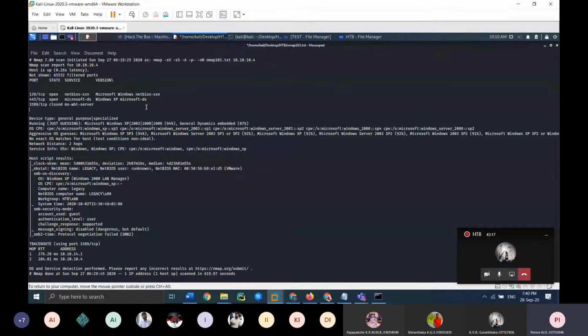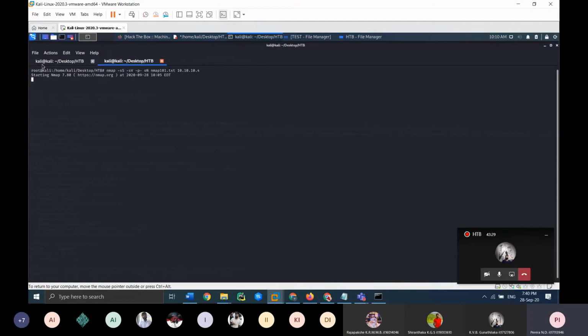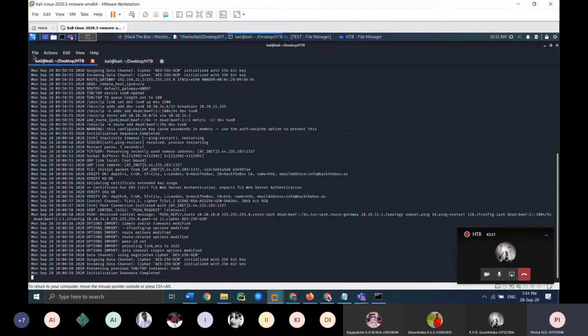So how are we going to find whether there is an SMB vulnerability on this particular machine? In Nmap, there is a special module for that as well. There is a thing called Nmap scripts, which you can use to do specific tasks and find specific vulnerabilities, in order to gain more information about the target.